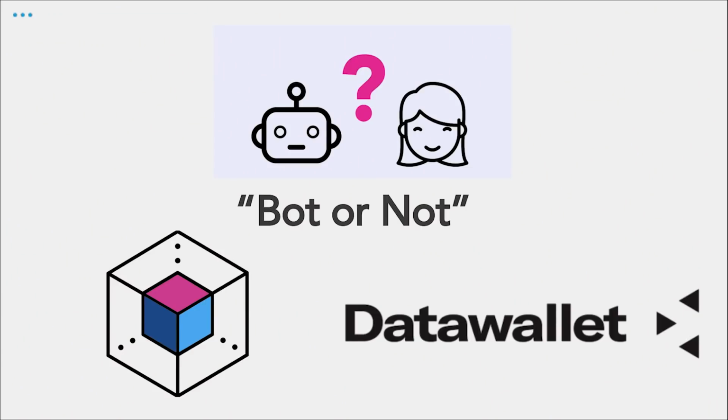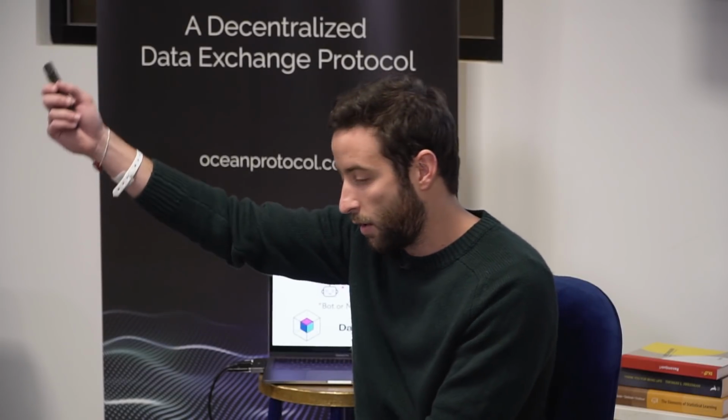But on that, we're working with this company out of Berlin called Data Wallet. What they do is they take your Facebook data and they run algorithms on it to determine whether you're an actual legitimate human being or a bot. And what we're doing with them is, instead of running their algorithm centrally on their servers, they can put that algorithm in our network as a secret contract. And as a user, you can send in your Facebook data encrypted, have some computation take place there, nodes reach a consensus, and we can create an ERC 725 for you that can enable you to participate in airdrops,